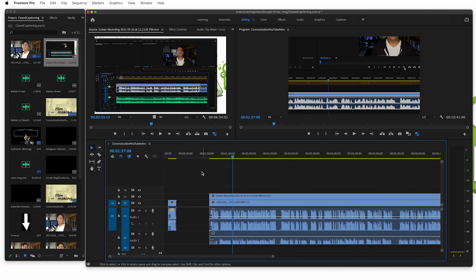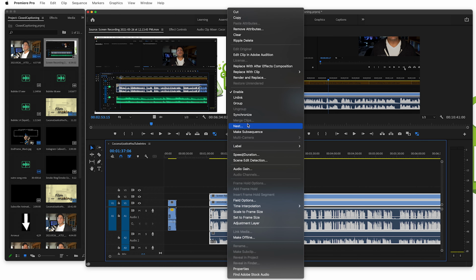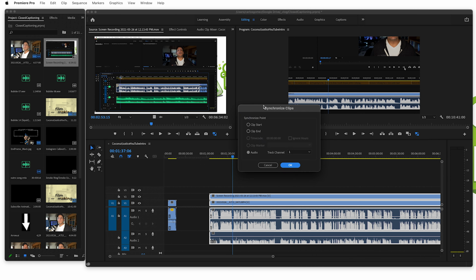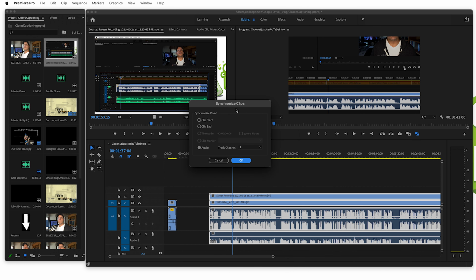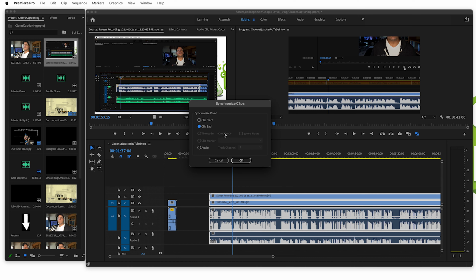So back in the old days, we would have to use the audio waveform visualizer to line everything up. Now all we have to do is select both of our video files with the audio attached. I'm gonna go ahead and right click and go up to Synchronize, and then it's gonna ask me Synchronize Clip. Now if you started all of your cameras at the same exact time, you might wanna go to Clip Start. Similarly, if you ended all of the recordings at the same time, you can go to Clip End,